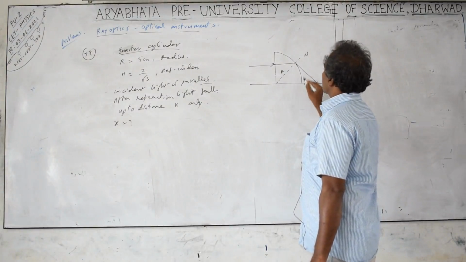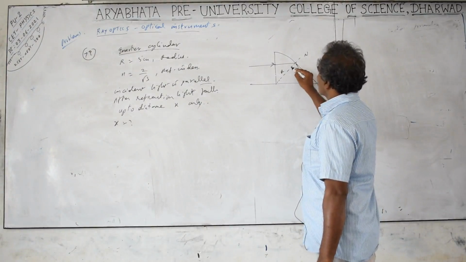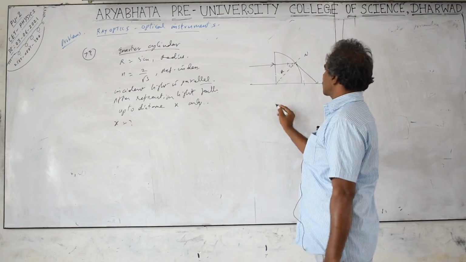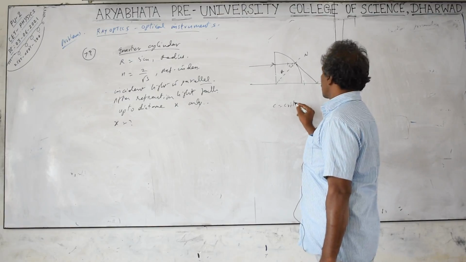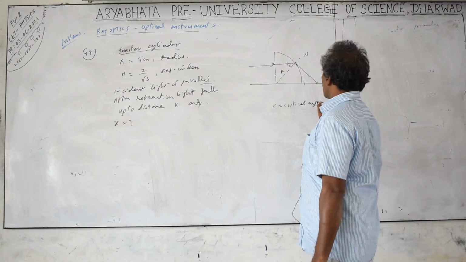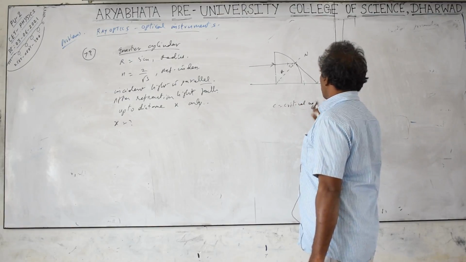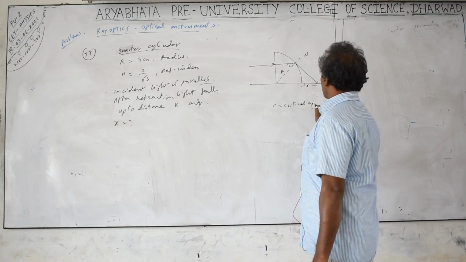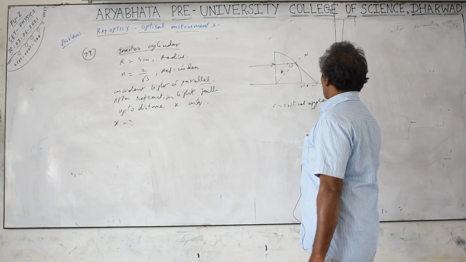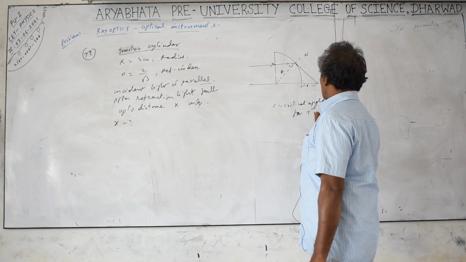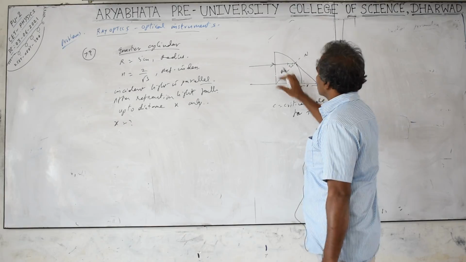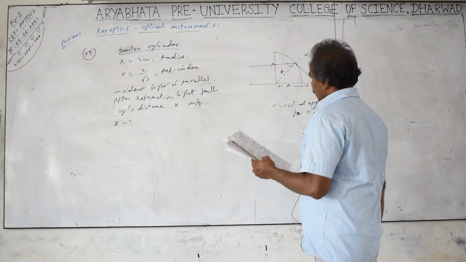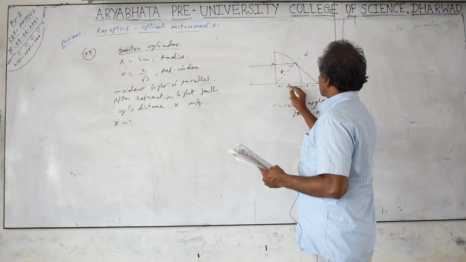What is given for us is, this is a normal. With respect to the normal, the angle of incidence is nothing but the critical angle. C is the critical angle. Critical angle means that the light ray will not go outside, it will go only up to this distance. The distance is x. This is the critical angle for total internal reflection. So the light rays are present only up to here, this r. We are asked to find the value of x.